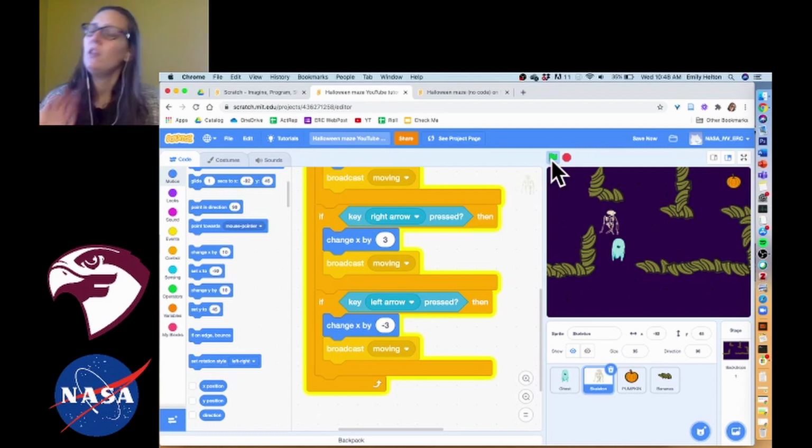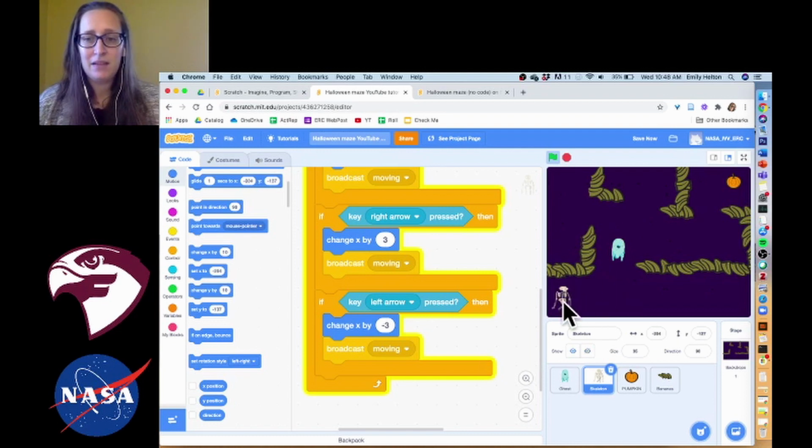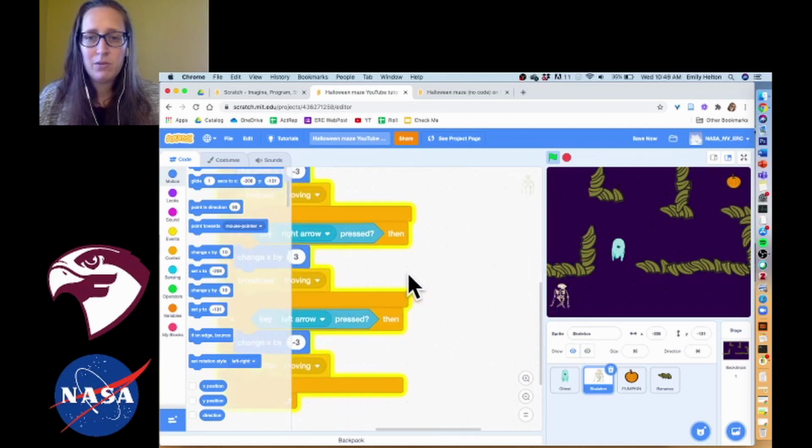Okay, so that said, when I click the green flag, it's just going to start running wherever the skeleton is. And I want my skeleton to always start at the beginning of the maze. I don't want someone to have gotten to the pumpkin and then that's where the next person who plays my game starts. I want everyone to start in the same place. I want the skeleton to always begin at the beginning. So I'm going to move over here